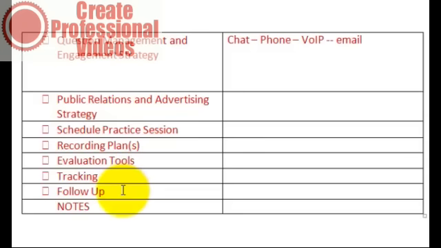Again, this goes back to the email follow-up. And then you want to be able to follow up, ideally, with different messaging for different people. If you have somebody who registered and didn't show up, you don't want to send them the same message as somebody who registered and did show up and attended. So you want to have separate email strategies for the people who didn't show up, the people who did show up and stayed, and also for the people who did show up but who left early. And then there's some extra room here for additional notes.